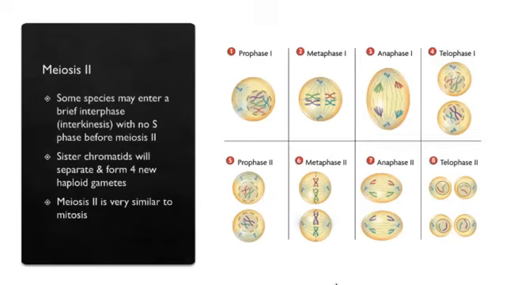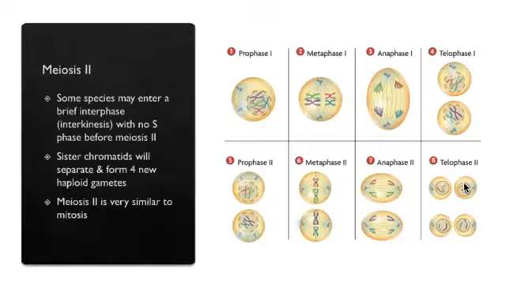So this process will be very similar to mitosis, as I mentioned at the beginning of this lecture, and each of the two haploid cells produced in meiosis 1 goes through the familiar stages. So we see them pictured over here. We've got prophase 2, where we'll see the chromosomes condense again and our spindles will form. In metaphase 2, we're going to have those chromosomes line up on the metaphase plate. Anaphase 2 will start to pull those sister chromatids toward their opposite poles, and in telophase 2, the nuclear envelope will